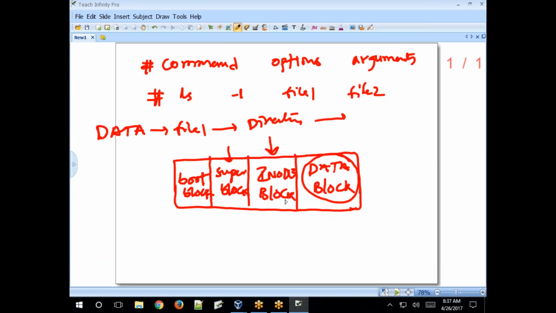Clear? So the inode block points to the data block. For example, the inode number is like this, 002. It contains the file information and it points to the data block. Clear? Even if the file gets deleted, we can recover the data based on inode numbers.